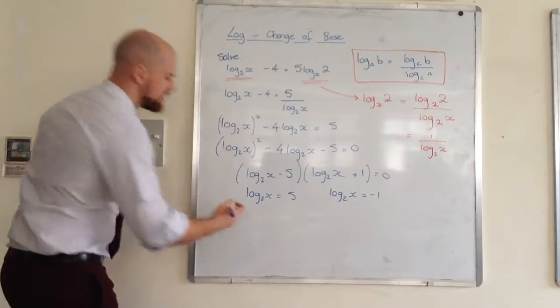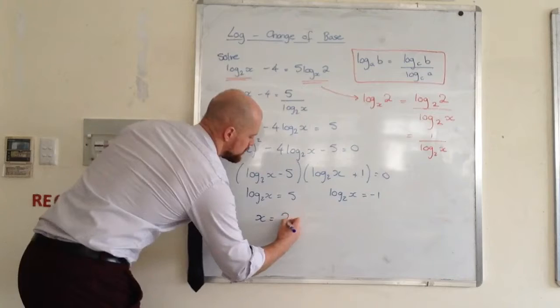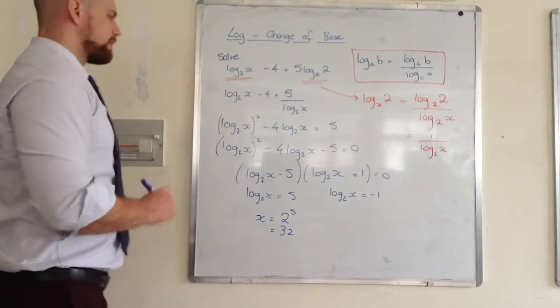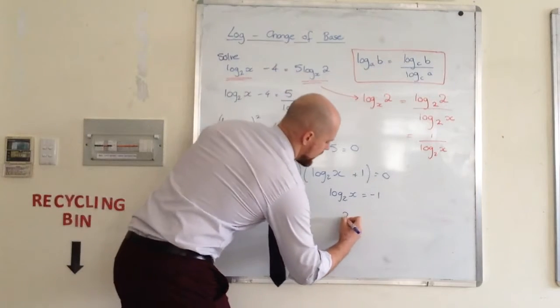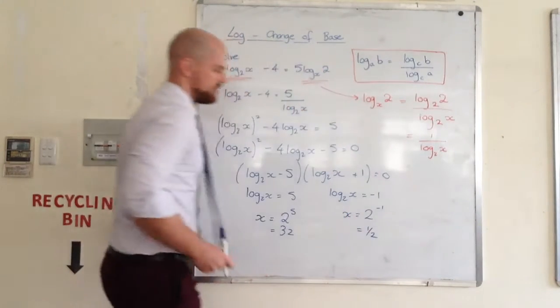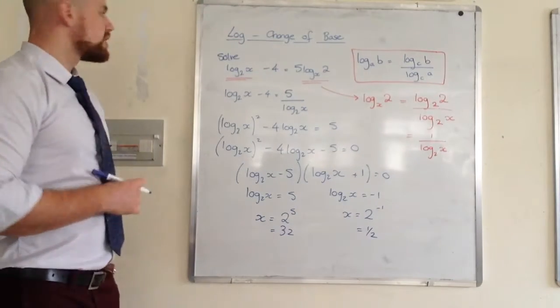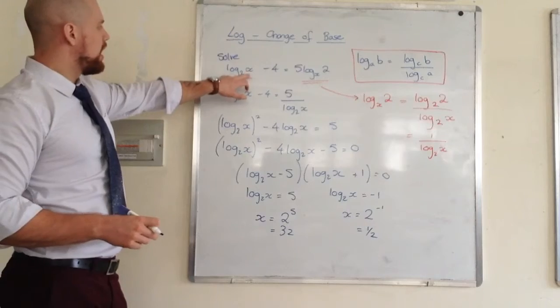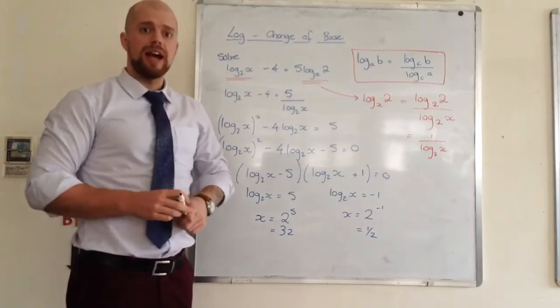Raise them to the power, so to get x by itself, you do 2 to the power 5, which is 32. And here we'll do x is 2 to the minus 1, which is 1/2. And those are the two solutions. To check it, if you wanted to, you could put 32 and put 1/2 in the x here in your calculator and just make